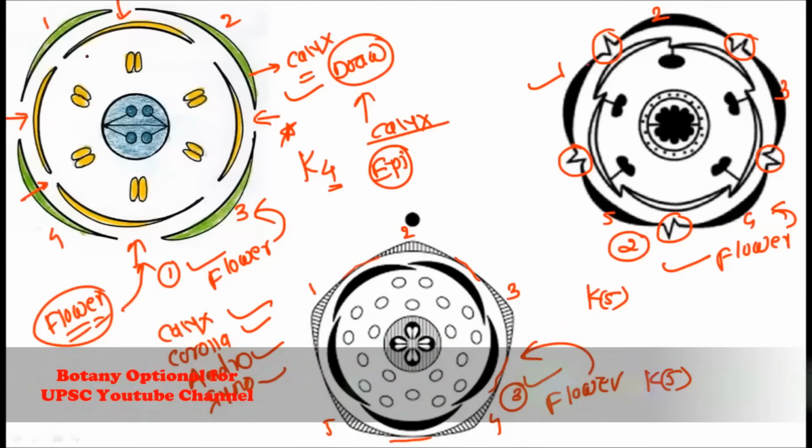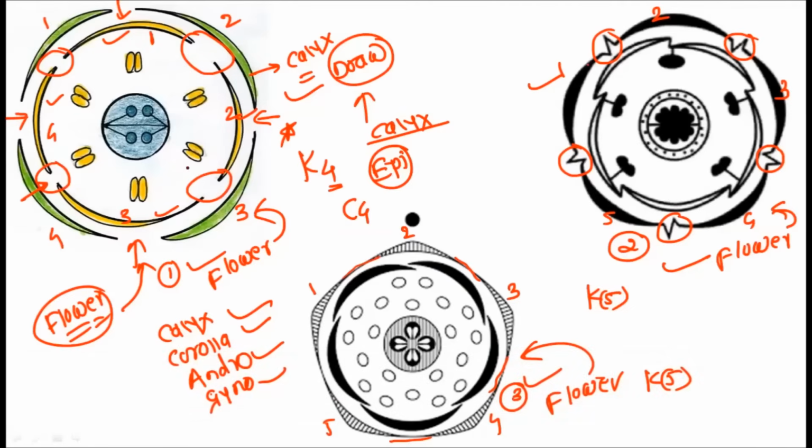So these yellow lines are representing the corolla, and the individual members of the corolla are the petals. So how many petals are there? See, 1, 2, 3, four petals are there. That means the C4 condition is here in this particular plant, and they are polypetalous, that is they are not fused with one another. Observe the gap between the sepals. Sorry, between the corolla or between the petals. So if you observe carefully, there is a gap between the petals, and hence for the C4, here you will not require any bracket because no fusion is there.